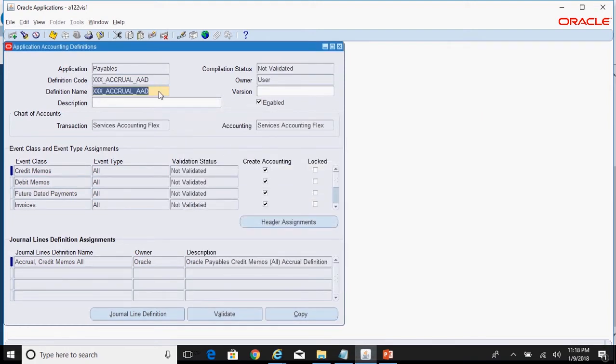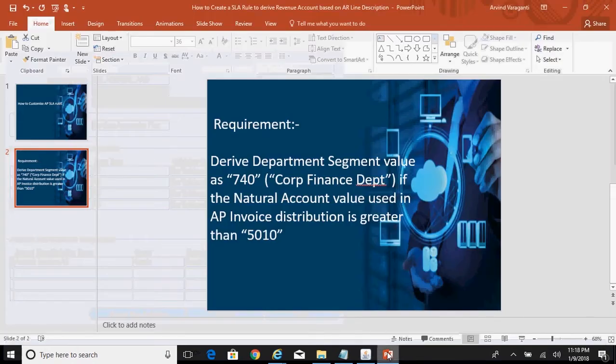Now within this custom application accounting definition, you can see different event classes. Our requirement is to derive the department segment value as 740 if the natural account value used in the AP invoice distribution is greater than 5010.